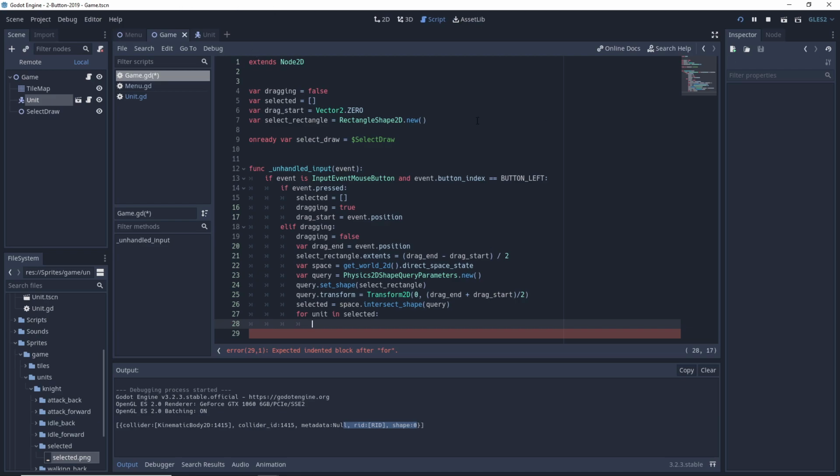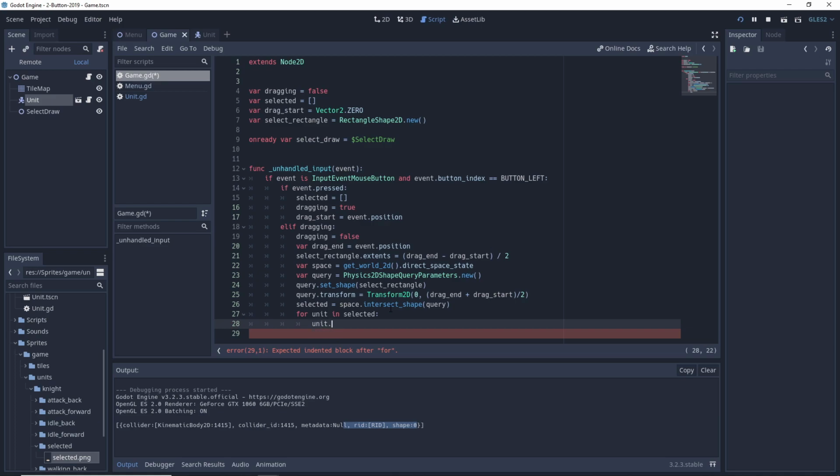So if we're selecting units, we just want to select units. If we're selecting buildings, we just want to select buildings. So we'll be checking for groups later in this part. But for now, it doesn't matter because we only have one unit, and it's only so